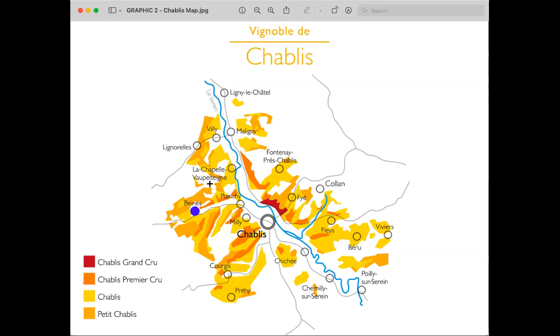It down in a second. But I can't quite tell from this map how much land we are looking at here. All of Chablis is about 5,500 hectares. So it's not a big piece of land at all. And to give you a concept of how much of that is the Grand Cru, only 100 hectares are considered Grand Cru. So it's a teeny tiny portion of even that very small region that is considered the Grand Cru